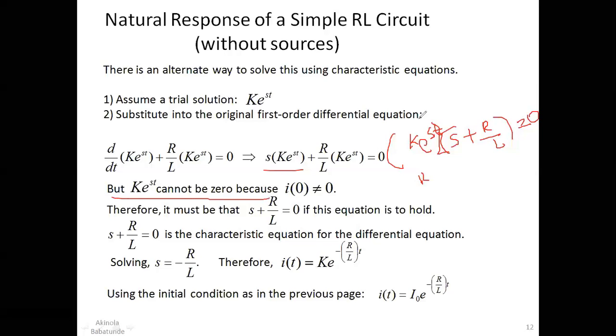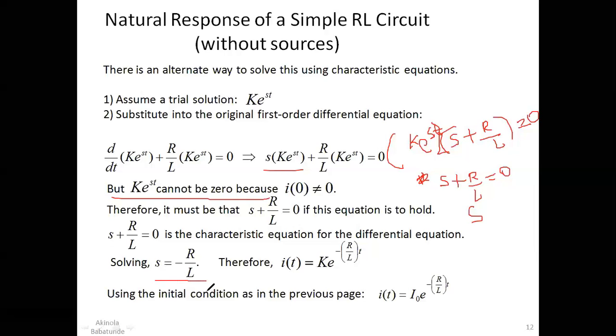Okay, so that means we cannot equate this to 0. So the only solution we are left with to deal with that will be s plus R over L. So we can easily say that if K exponential st cannot be equal to 0, then s plus R over L is the only part of this equation that will be equal to 0. If you do that, what you find out is that your s will be equal to